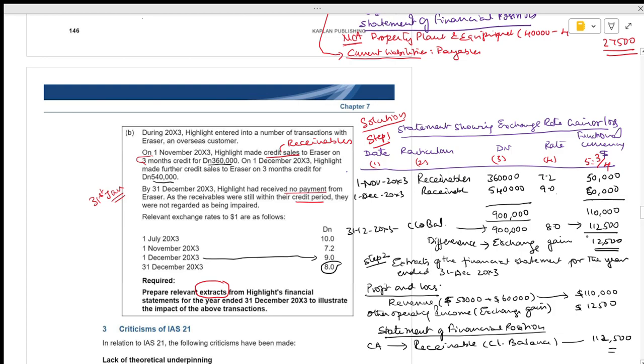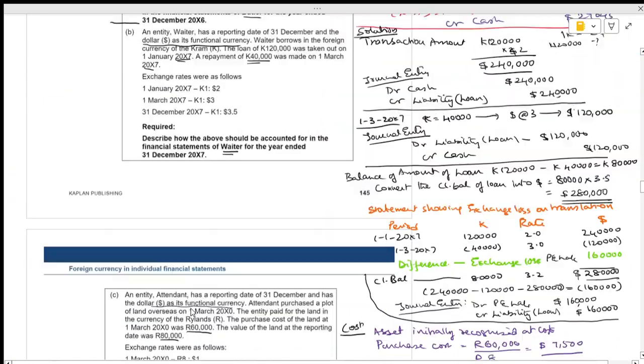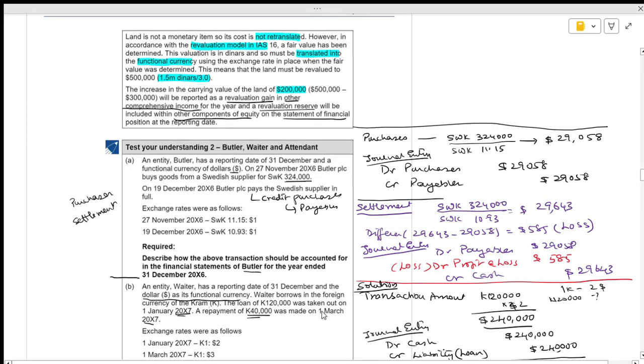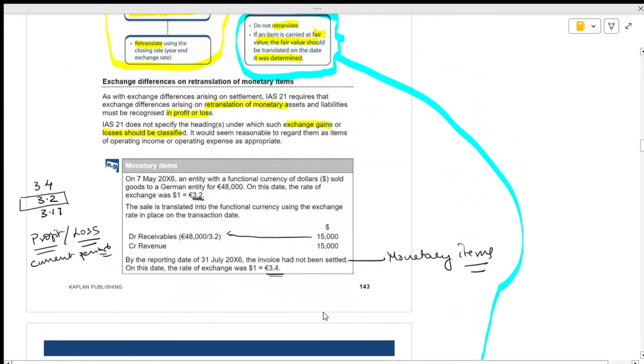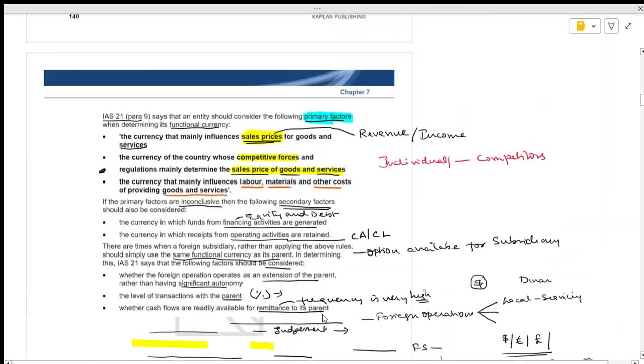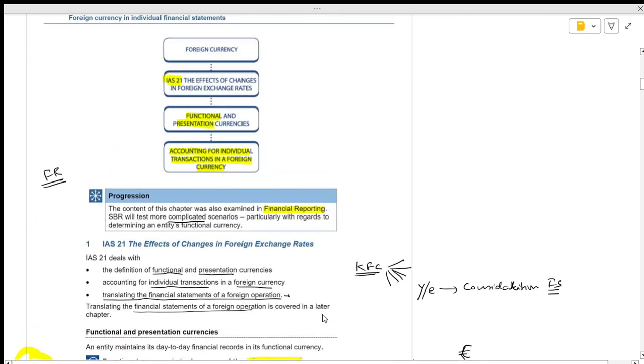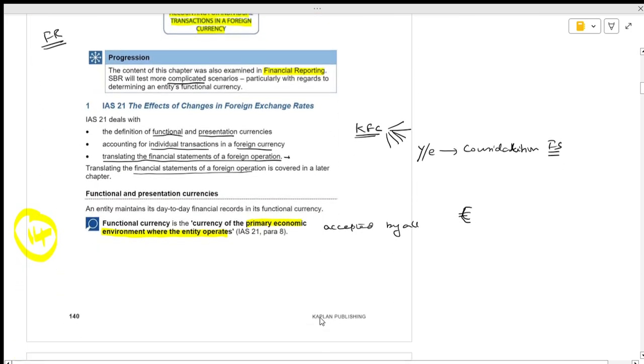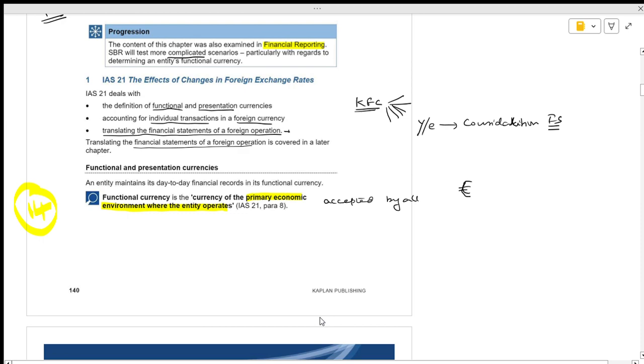Is that the way it has to be? It has to be reflected with respect to this. Now we have done this comprehensively. Is it right? If you take into consideration, if I go back from the first one, what we have done, we have identified what IAS 21 is